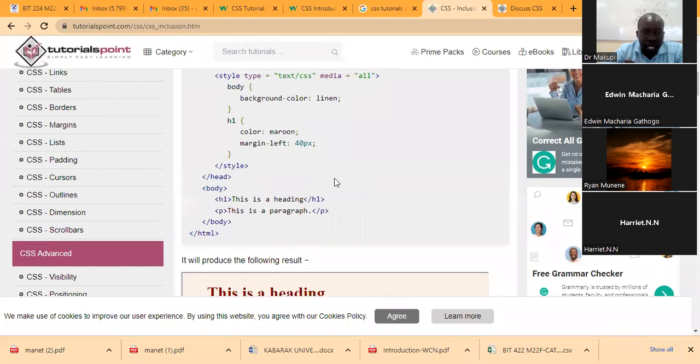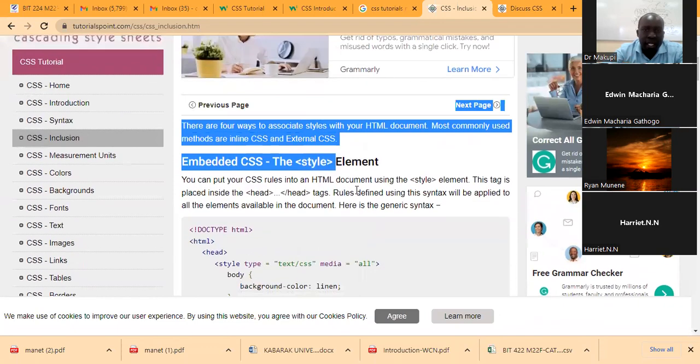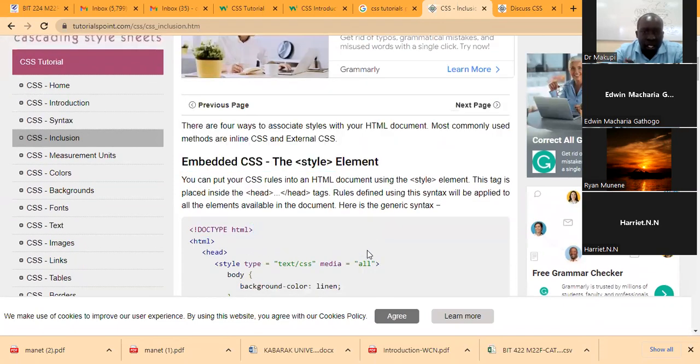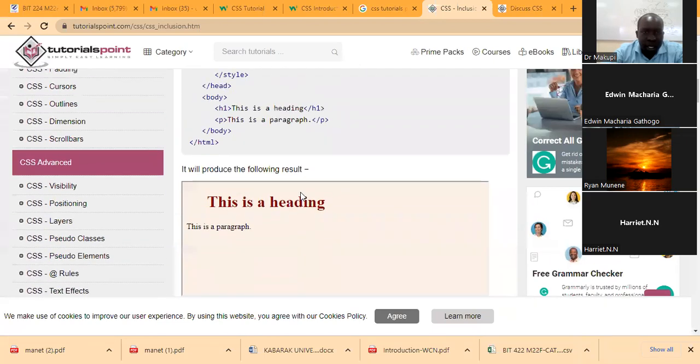I know tomorrow someone might tell you to demonstrate the use of the style element as used in CSS. So you need to know the style tag, or style element in that regard, is used to include CSS within your document. So for this,